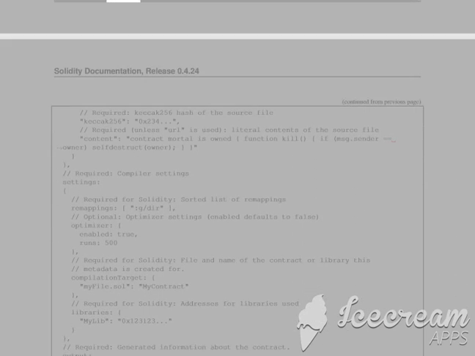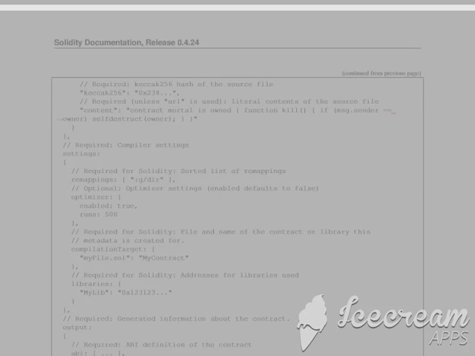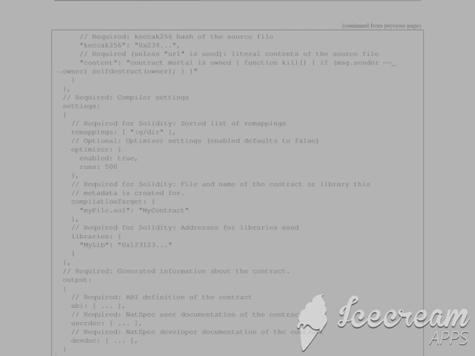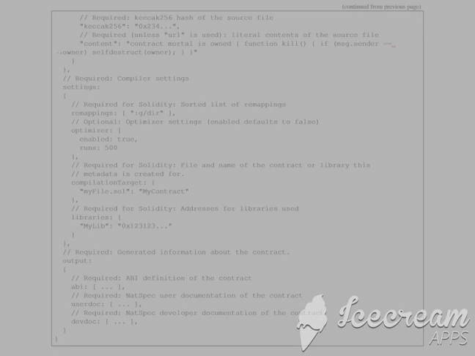Contract metadata. Solidity documentation, release 0.4.24, continued from previous page. Required: keccak256 hash of the source file, keccak256